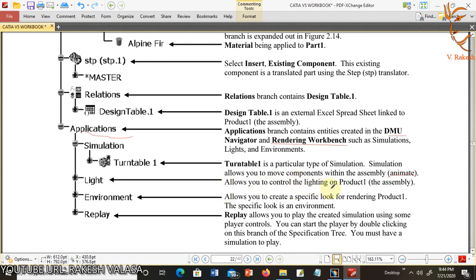Allows you to control the lighting on product one. Next one is environment. Allows you to create a specific look for rendering product one. The specific look is an environment. Next one is replay. Replay allows you to play the created simulation using some player controls. You can start the player by double clicking on this branch of the specification tree. You must have a simulation to play.